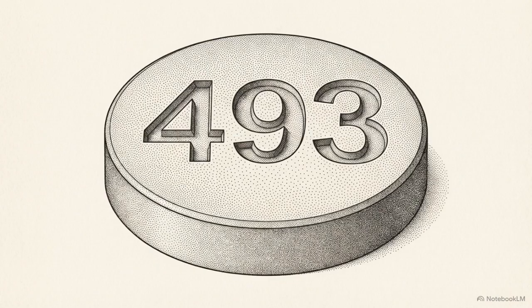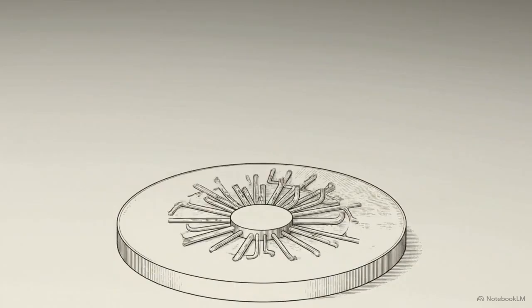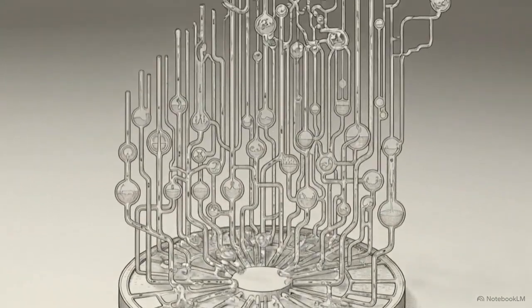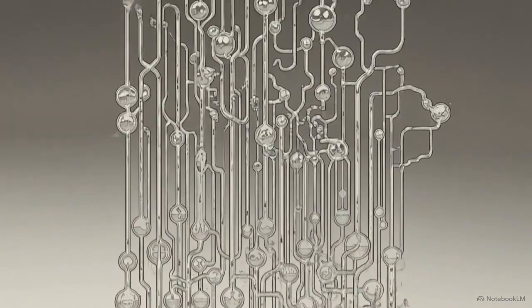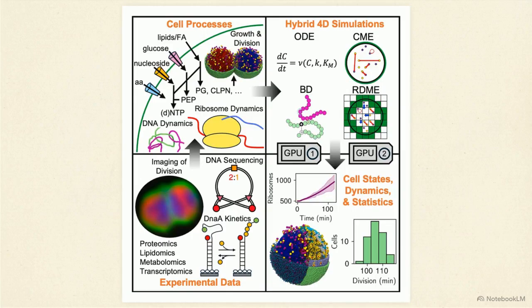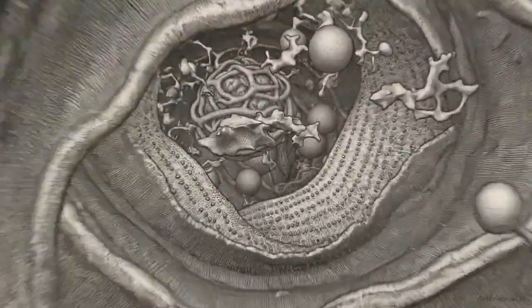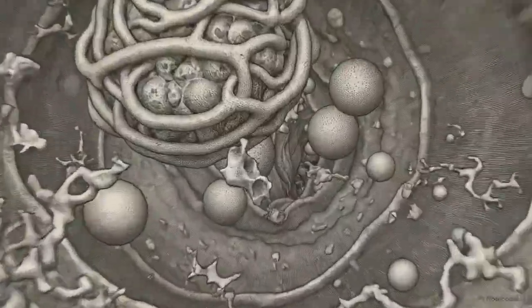While this model only covers 493 genes, it provides a stable platform. It gives researchers a foundation to start layering in the more complex reaction networks found in naturally occurring, more sophisticated organisms. By digitizing this minimal cell, we can see how the progression of a biological state is inextricably tied to the underlying physics and chemistry of its environment. It shows that even in its simplest form, life is a product of how its individual components navigate a crowded